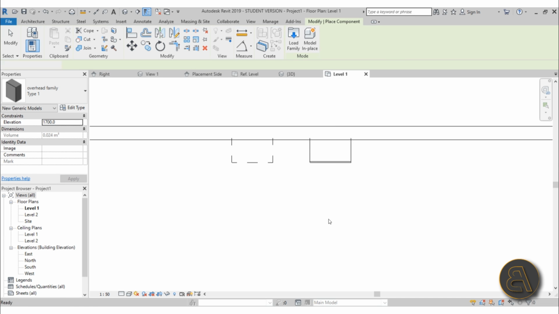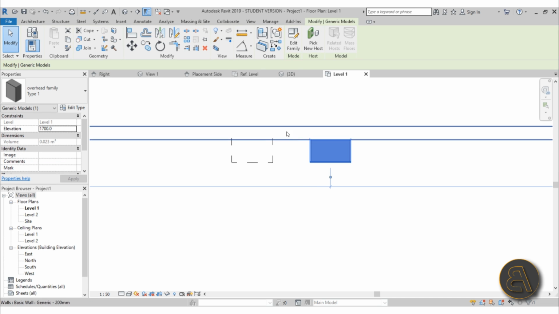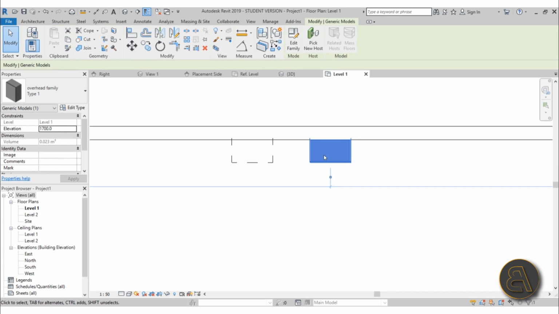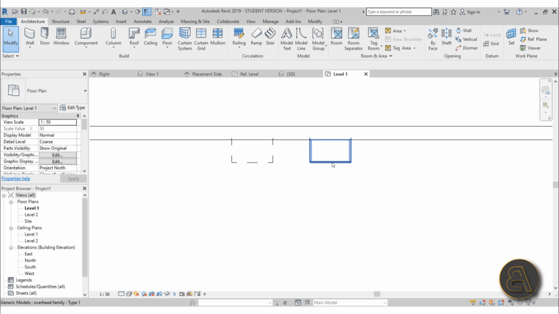There we go. And if I just hit Save here, okay, it's saved, Load into Project, and here, as you can see, I can place it. And now it appears as this regular thing, but we don't have that dashed line. So it looks like it's actually being cut, but we don't want it to be cut. And this is another thing that I wanted to share with you, and that's the fact that when you create these families and you don't save them, you just load them into the project